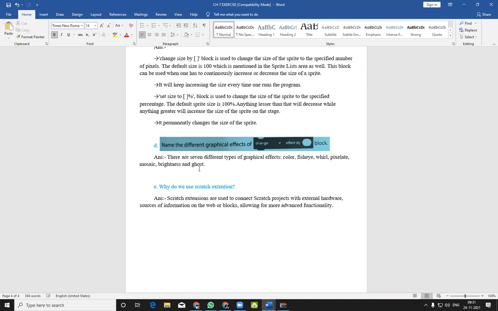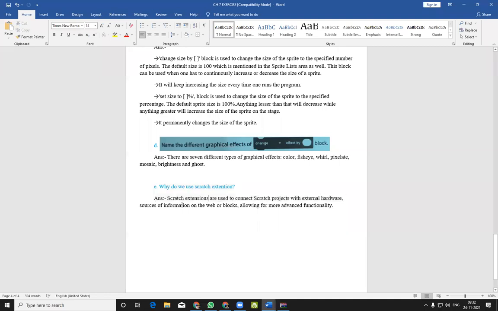Why do we use Scratch extensions? Scratch extensions are used to connect Scratch projects with external hardware, sources of information on the web, or blocks, allowing for more advanced functionality.